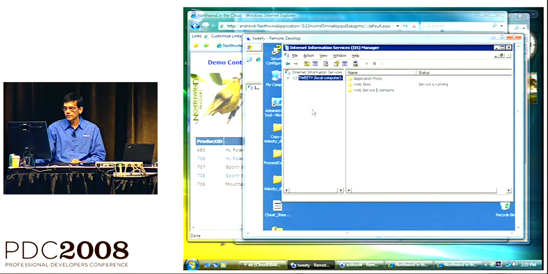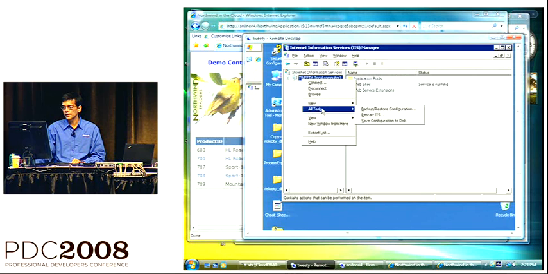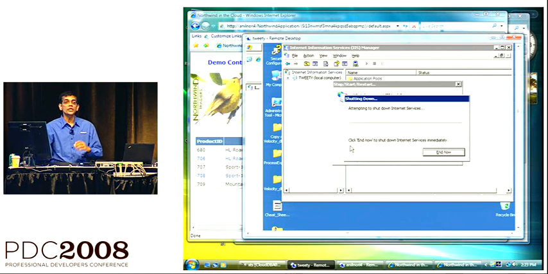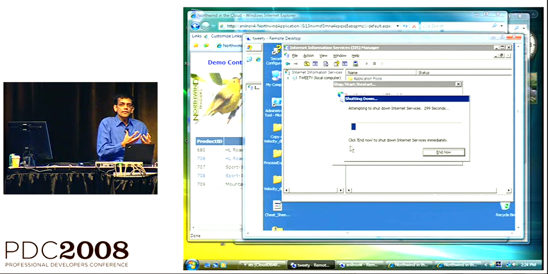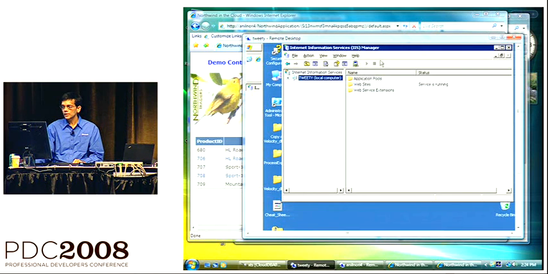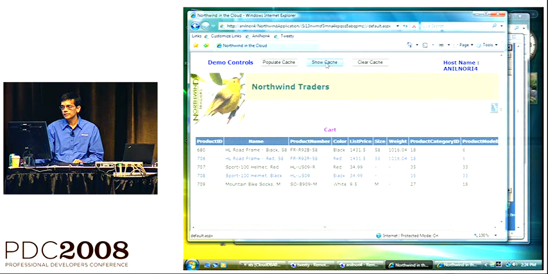So I'll do 2 levels of death. Let me kill one of my ASP.NET apps first. I'm going to kill the ASP.NET app. Because the ASP.NET app itself doesn't have any state, it doesn't matter if these things, the front-end servers, die, right? The front-end ASP.NET apps die. So Tweety is actually dead. And if you go here, I can still